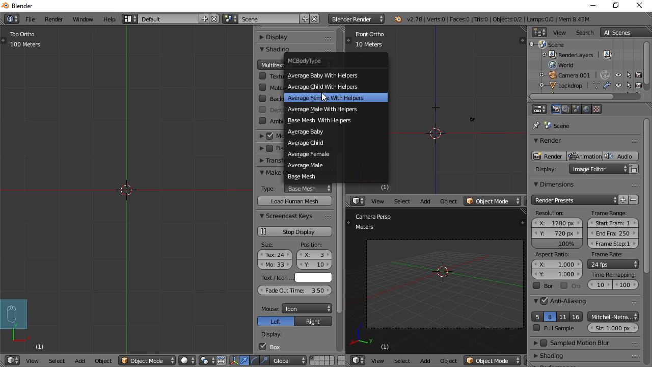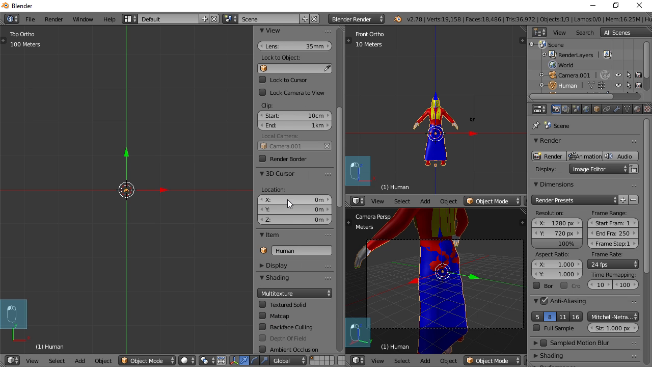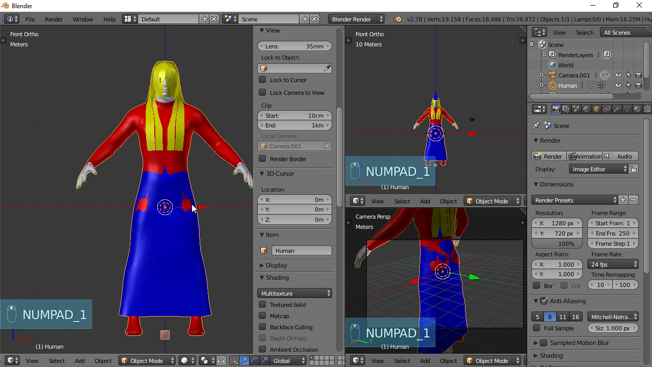Depending on what kind of clothes you're making is what mesh you will choose. In my case, I'm going to do a male character, so I'm going to choose average male with helpers. So click on that and load human mesh. And after a few seconds, you will see this strange creature appear on your